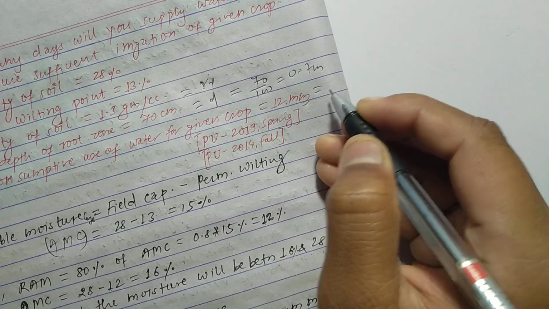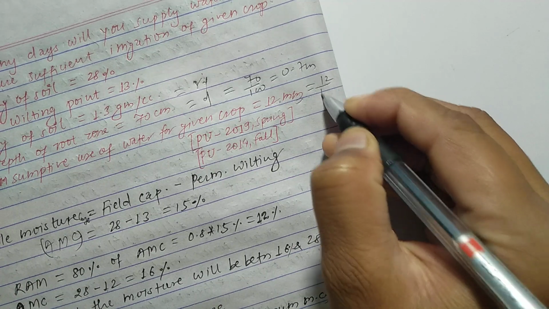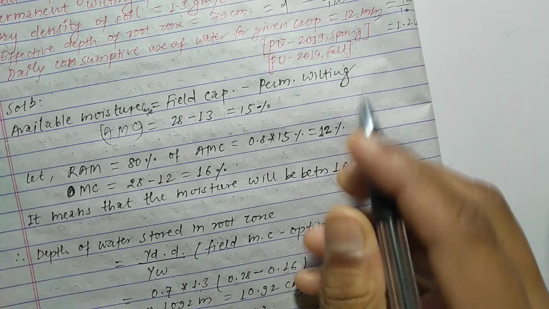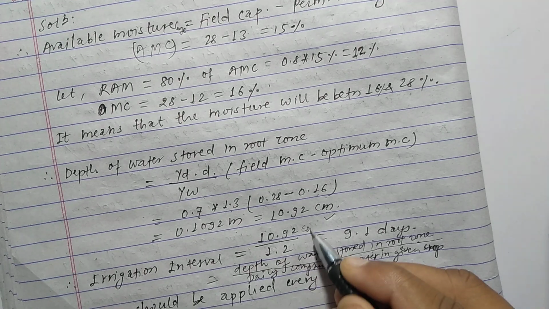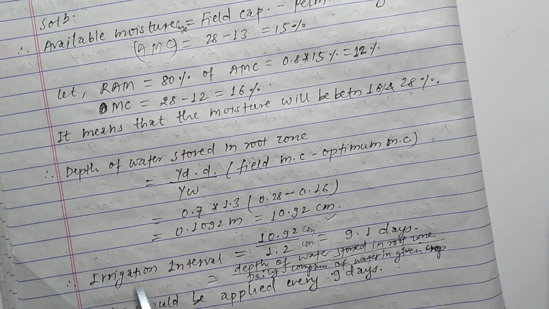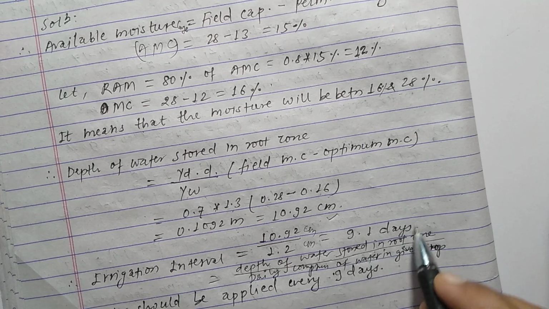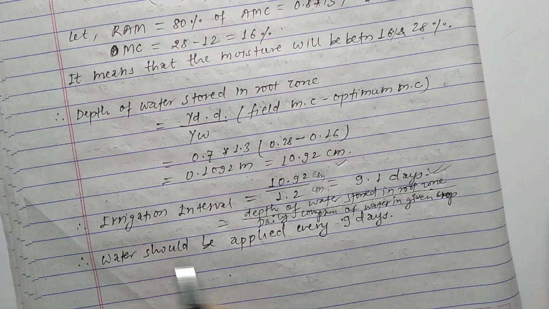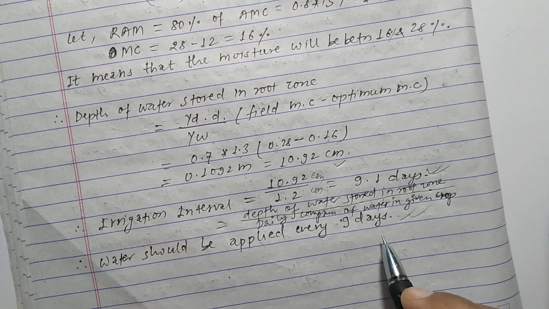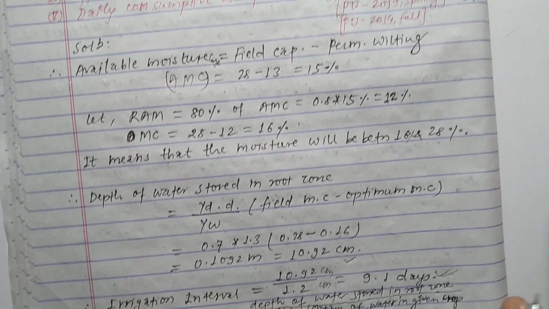So 12 mm means 12 by 10 equal to 1.2 cm. So we have to keep this value, and these two values have the same units, cm and cm. That's why the irrigation interval becomes 9.1 days, or you can say the water should be applied in every 9 days of interval, okay. So in this way we can calculate